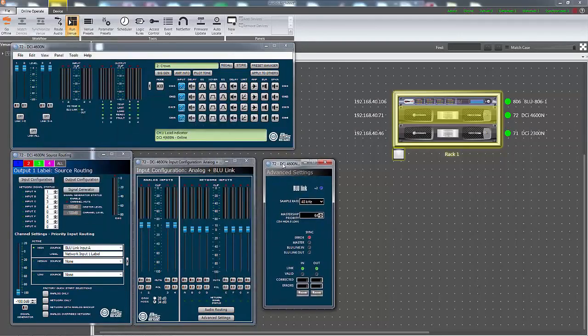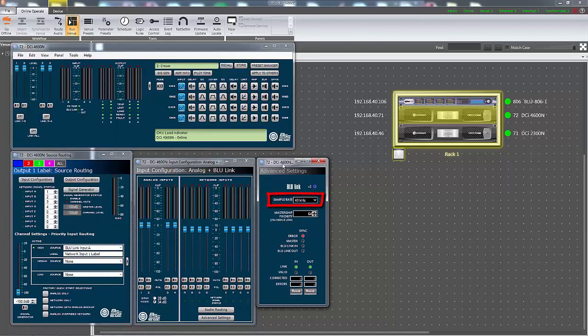In the window that appears, there is a drop-down list for the sampling rate. By default, it is set to 48K. All BlueLink devices from Harman, including BSS Soundweb London processors, default to 48K as well. Notice the error light. This is because in this example, the amp is connected to a BSS Soundweb processor outputting